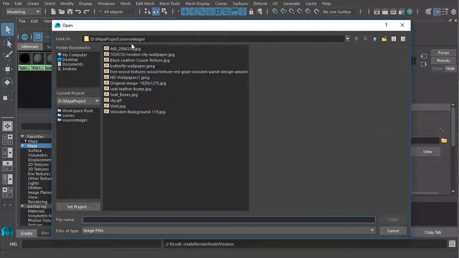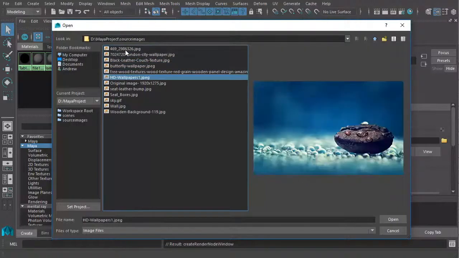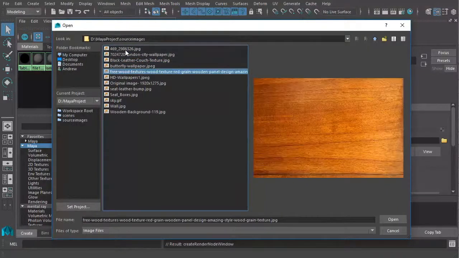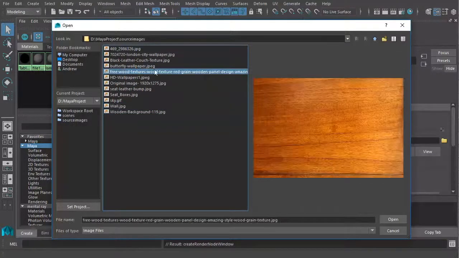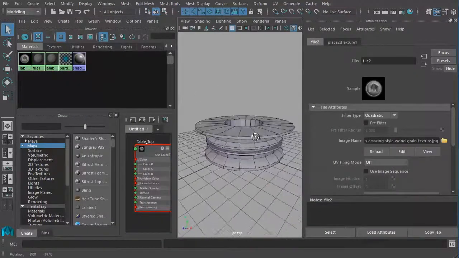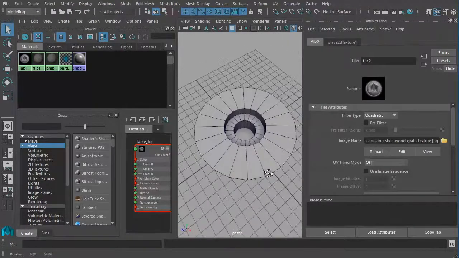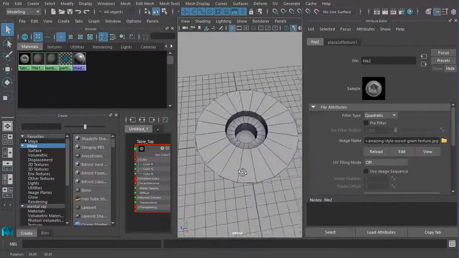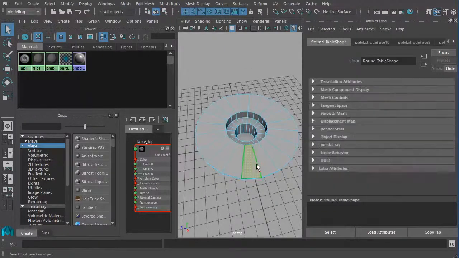I can select these files to find out the one that I want. I think this one. I've got other wooden textures also. So this is the one that I want to put on top of the table. Now I want to apply this texture only to a few faces, not to all the faces. So what I'll do is I'll select face, select the top one, shift double click to select all these, and